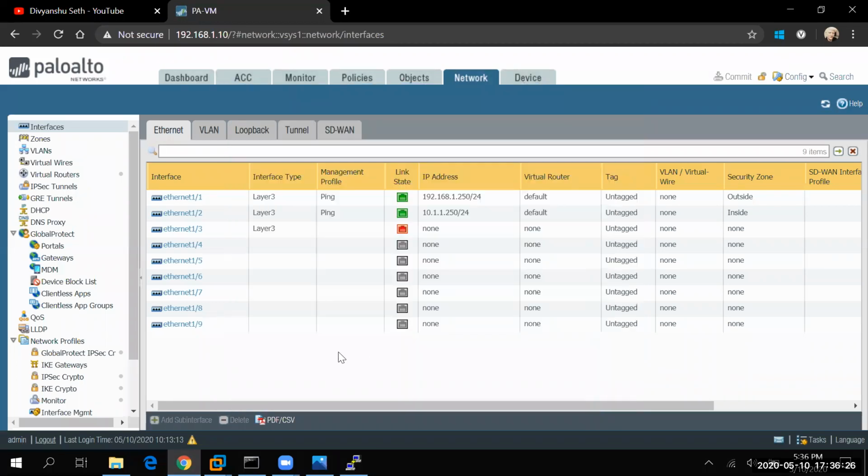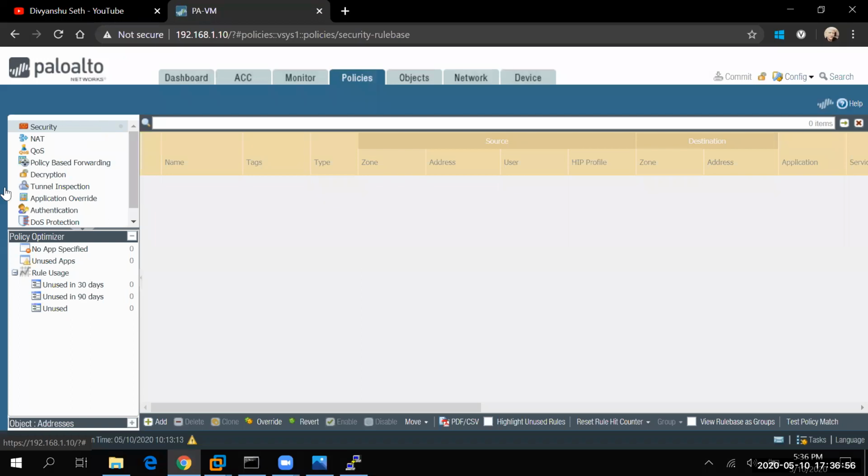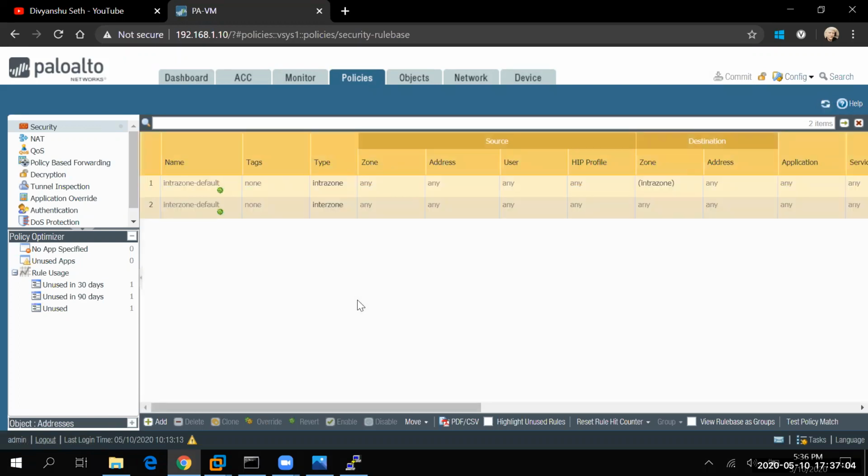Now, what do we need to do additionally here? What we have done till now is we have configured our firewall, the management interface settings, the Layer 3 interfaces, and we have created the inside zone as well as the outside zone. From inside to outside we need to make the connectivity now. That part we are going to cover in the next lecture, because this video will be a very huge video. I don't want to make it so long, and I'll try to make the next video in a much shorter time.